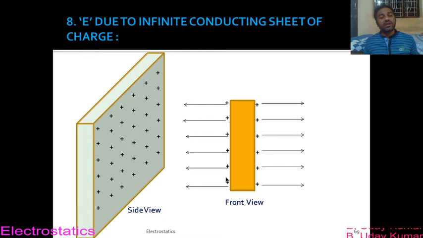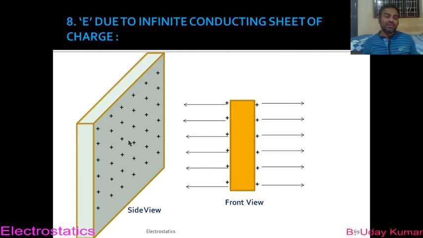So in our earlier cases, the direction of electric field was in all the directions, but this is a different case. It's a sheet of charge, so please remember, since it's a sheet of charge, the electric lines of forces that arise here will be in outward directions, that too towards left and towards right. So only in these two directions the electric field will be there, because the charge is uniformly distributed throughout its